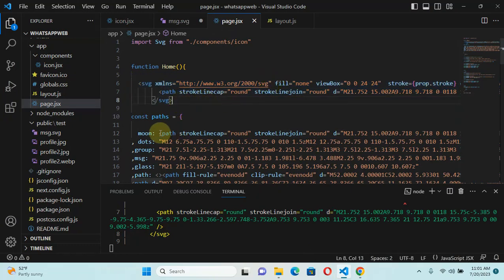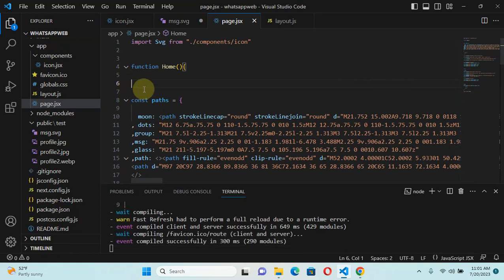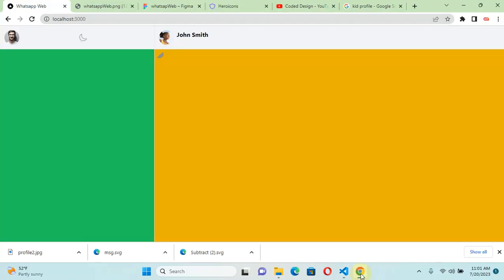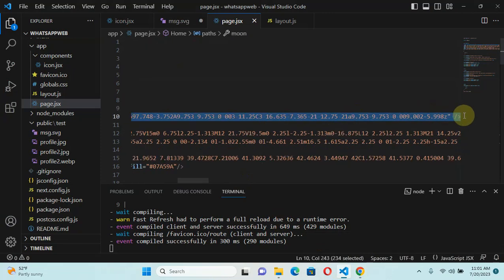Now that we already have whatever we want to copy, we can delete this. Let's just remove all the unnecessary things first, because we didn't need that one. Let's just go back and see. As you can see, we have managed to render the moon. So what we are going to do is the same thing to render the